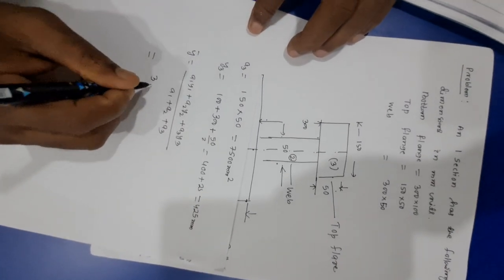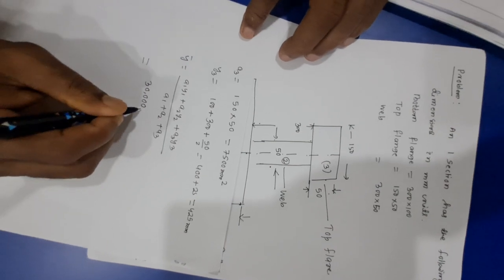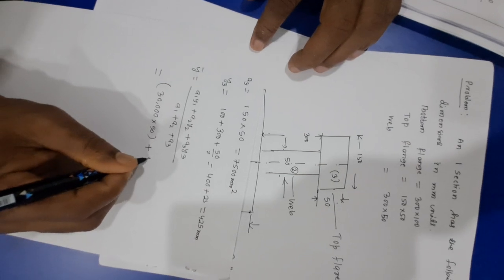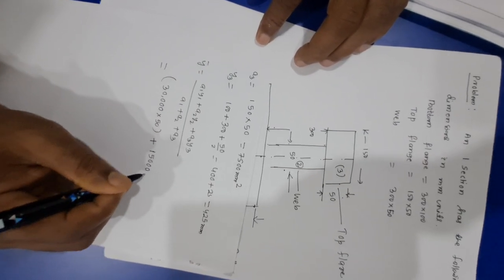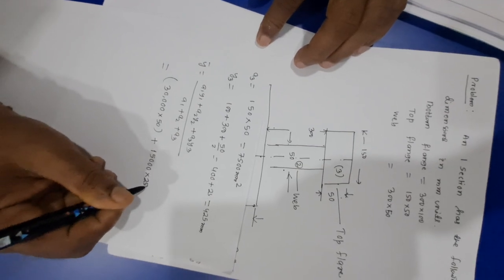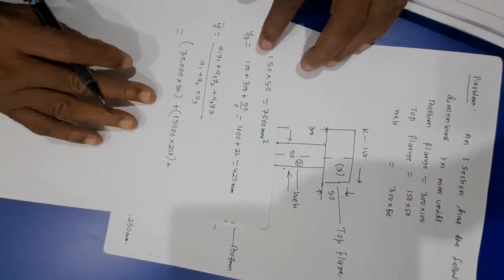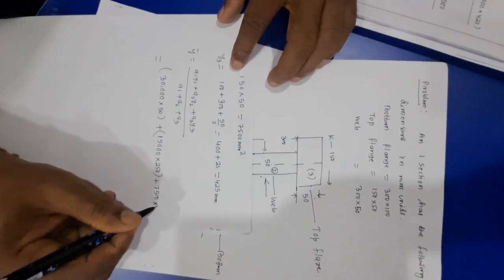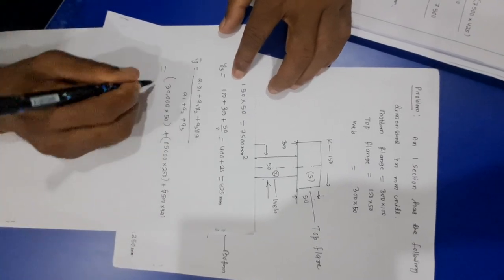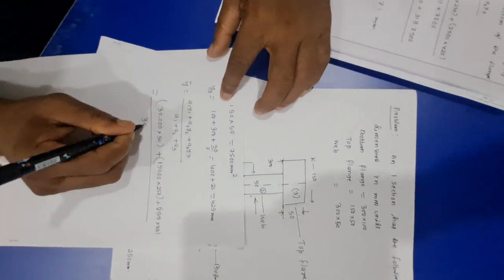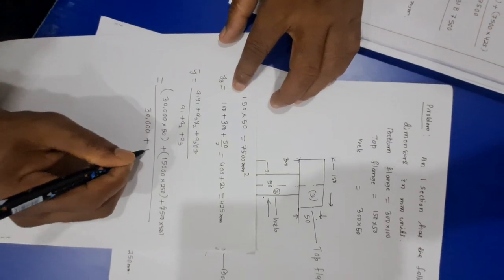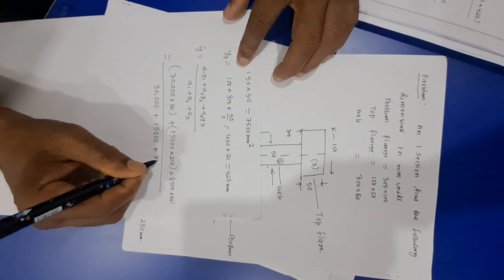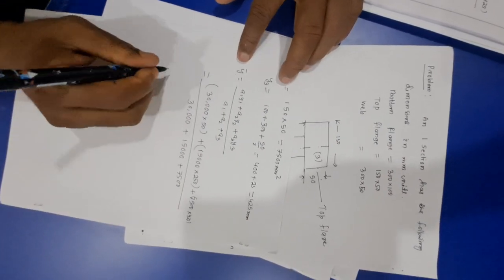Here A1 is equal to 30,000 into 50 plus A2 is equal to 15,000 into 250 plus A3 is equal to 7,500 into 425 divided by 30,000 plus 15,000 plus 7500 is equal to